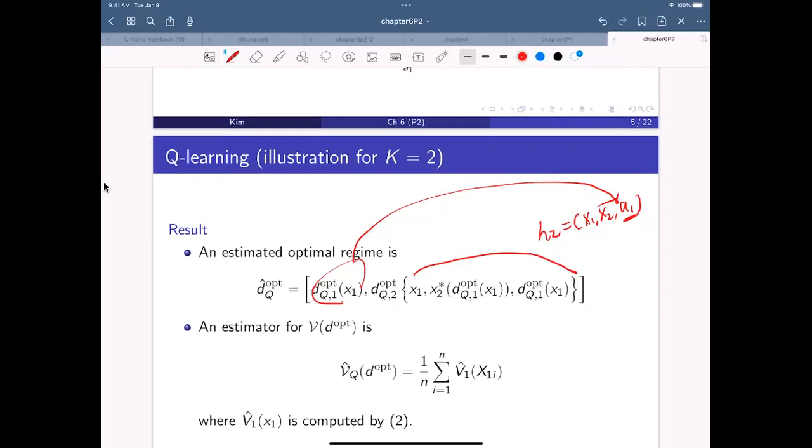Well, I think this one is random. Even though you fix it, X1 is given, and given X1, you have a rule, so you determine A2. But even though you determine A1,